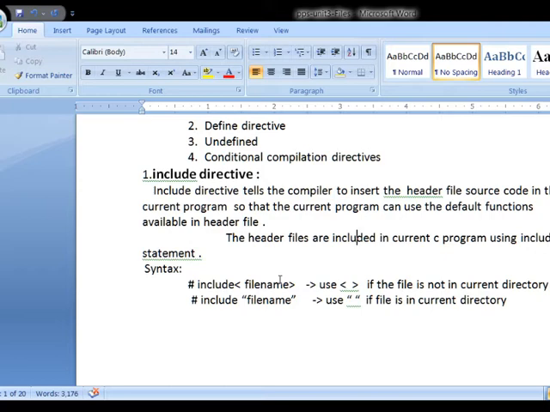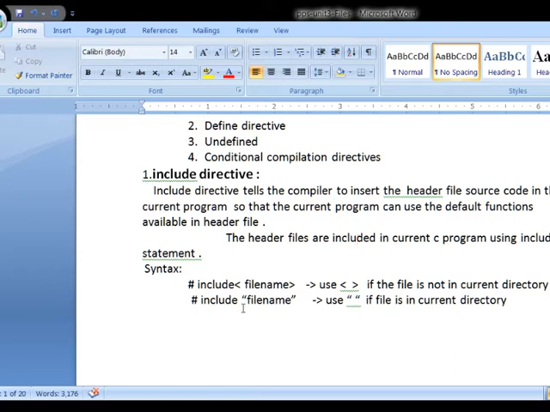The file name is specified within the less than and greater than symbols if the header file is available in the compiler directory. You can also create your own header files. If you want to include your own header files, you have to specify the file name within double quotes.